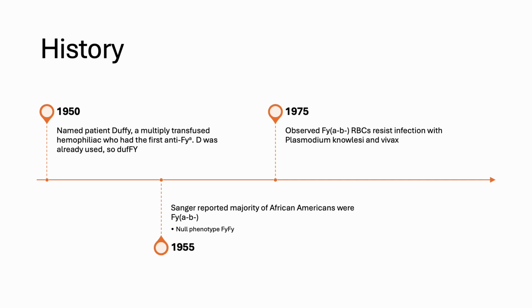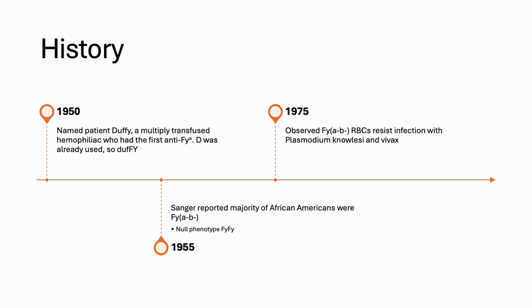So let's start off with a quick timeline of the Duffy blood group system. In 1950, the system was named after a patient with the last name of Duffy. This patient was a multiply transfused hemophiliac, and they developed an antibody against this unknown antigen. And since anti-D was already in use for naming, the new antigen was designated Duffy, or